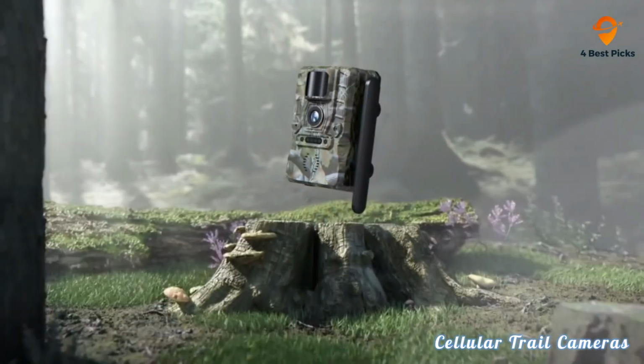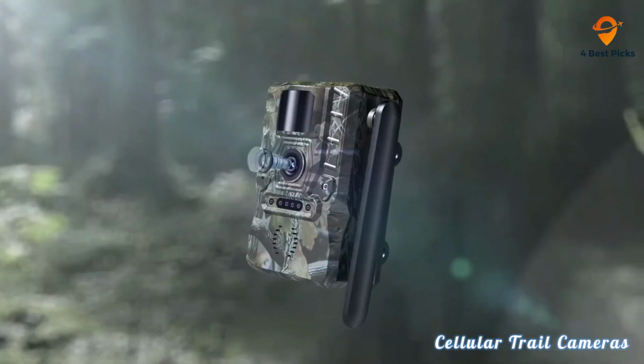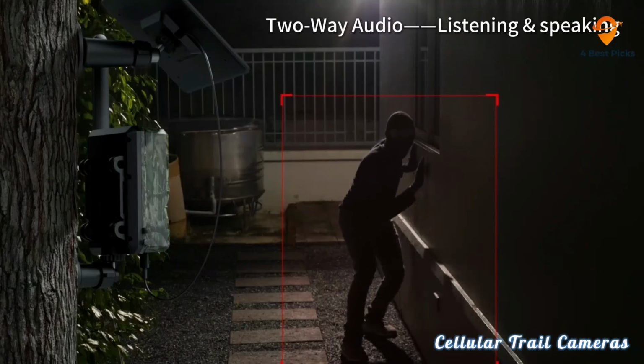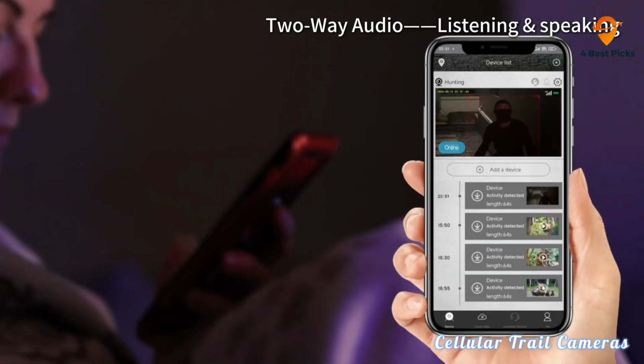You no longer have to wait weeks to pull an SD card, only to find you missed the buck of a lifetime by a few days. Instead, you get real-time information that helps you understand animal patterns, scout new areas, make smarter decisions about when and